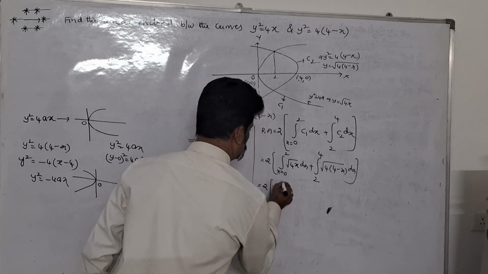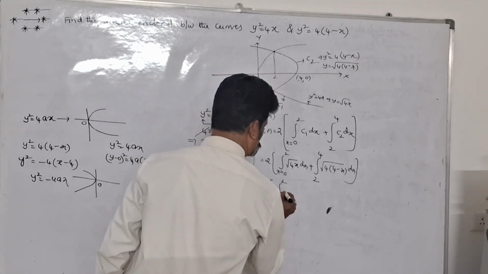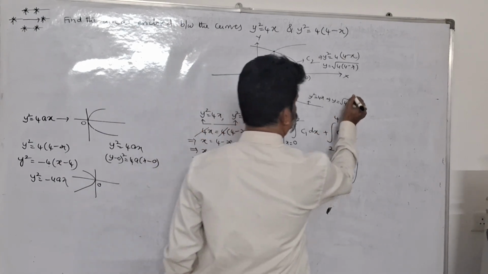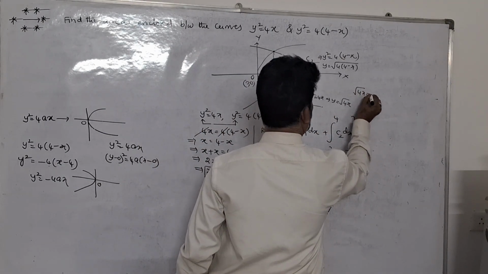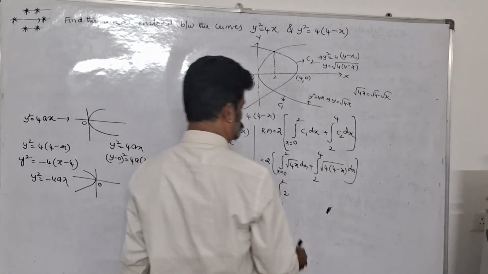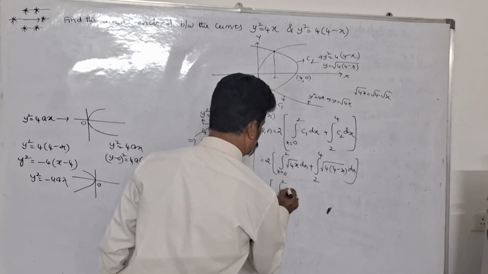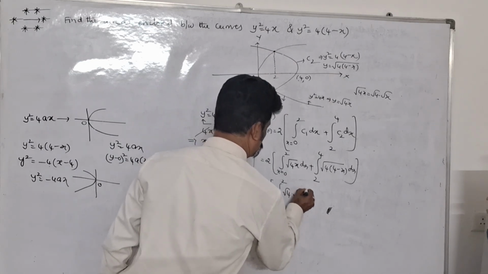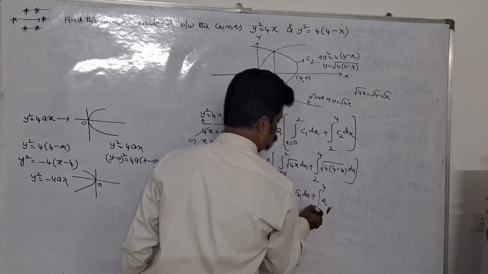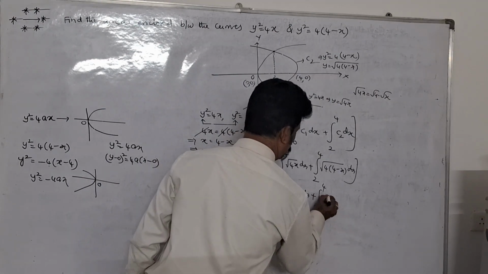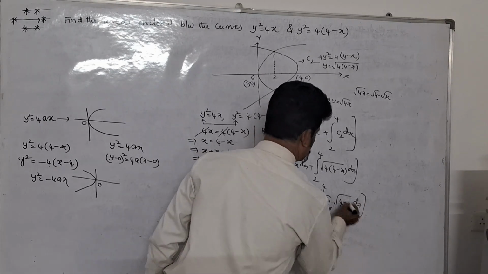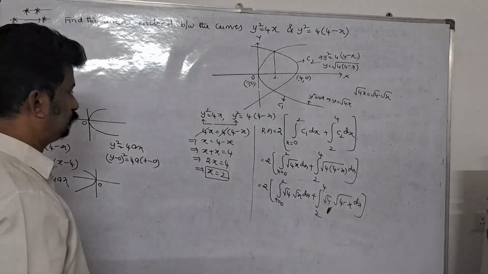integration x is equal to 0 to 2. Root 4 means 2 into root x. Of course, root 4x is equal to root 4 into root x. Right. So this value is equal to root 4 into root x into dx. Plus integration 2 to 4. Root 4 means 2. Right, one more step. Root 4 into root over 4 minus x into dx. Okay, now